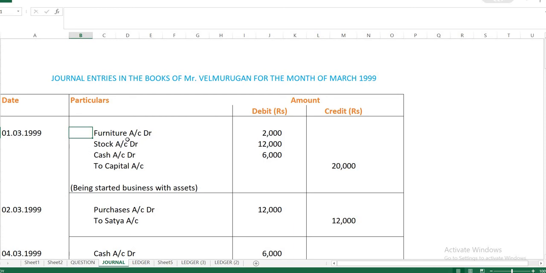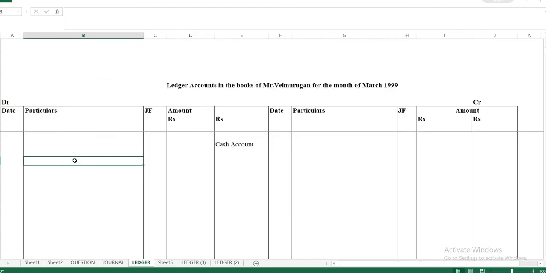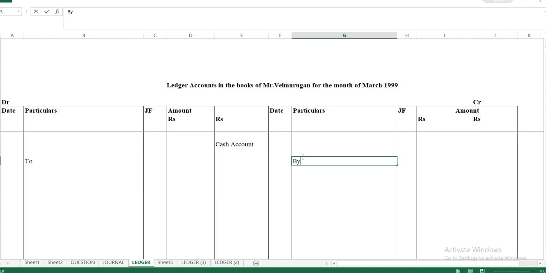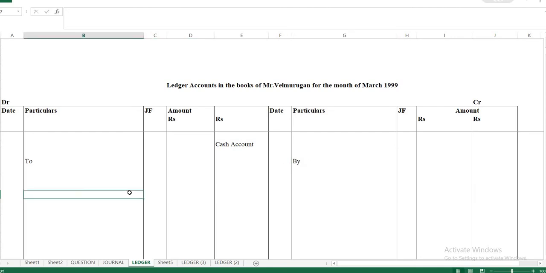But whenever some assets are brought into the business along with cash, then what you have to write? On the debit side always you have to use 'to' only. That you have to strictly follow. On the credit side you will be using 'by'. So this will be default. Debit side, left hand side, 'to' only you have to use. Credit side will be on the right hand side, you will be using only 'by'. You should not interchange this one; if you change, then they will think you don't know basic accounts. So you should not forget that.